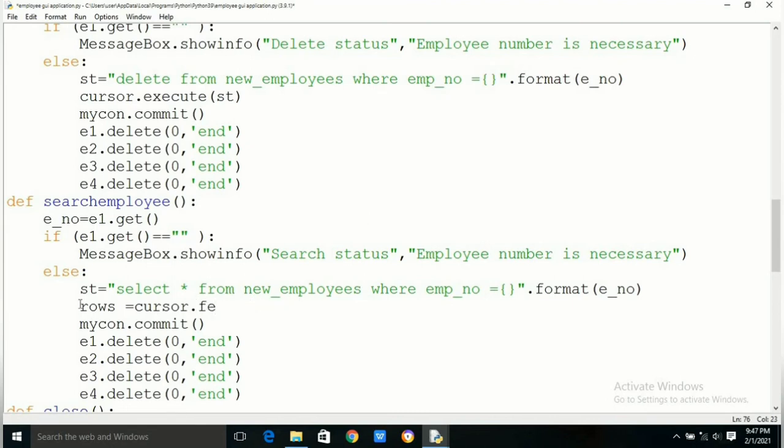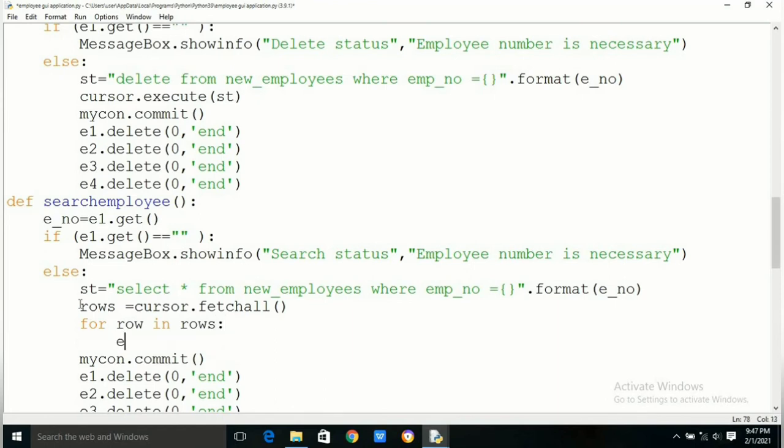It will access all the records and keep them in rows. Now we can loop through rows and read one record at a time. But to search one employee, we can use fetch one also, and there will be only one record with a particular employee number,